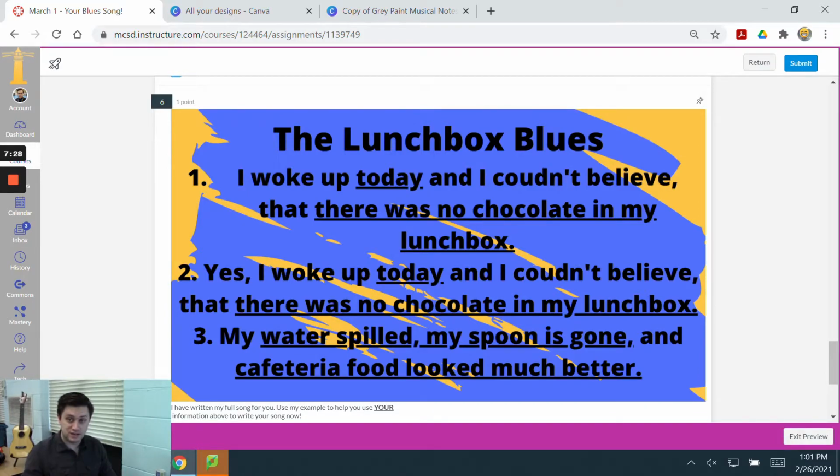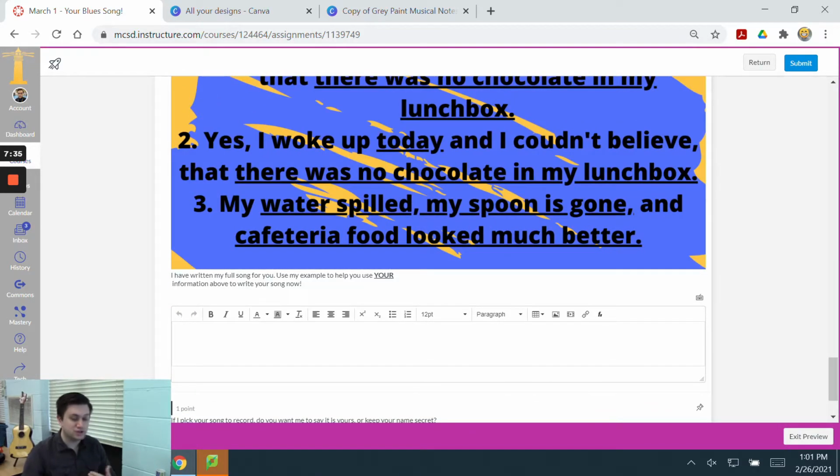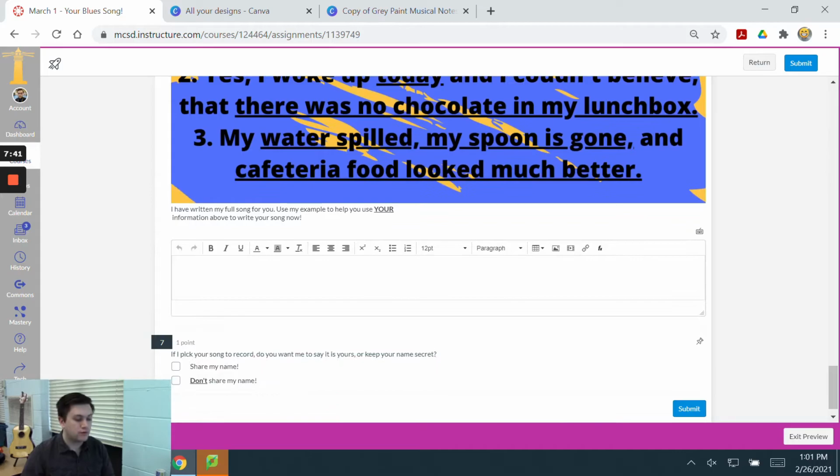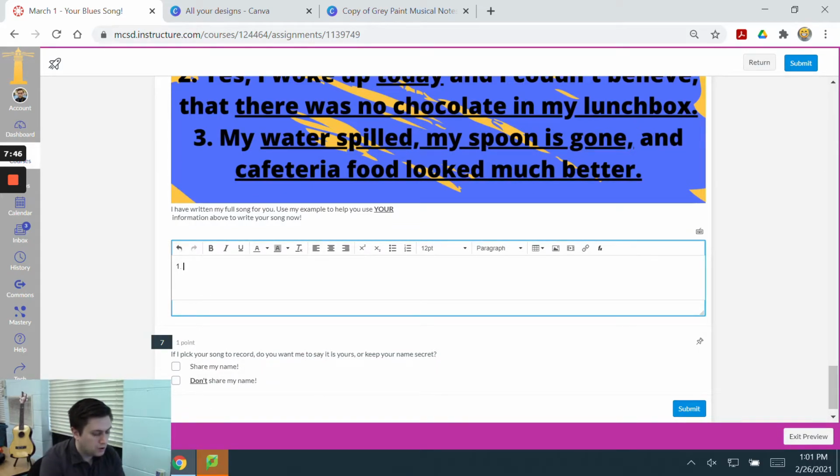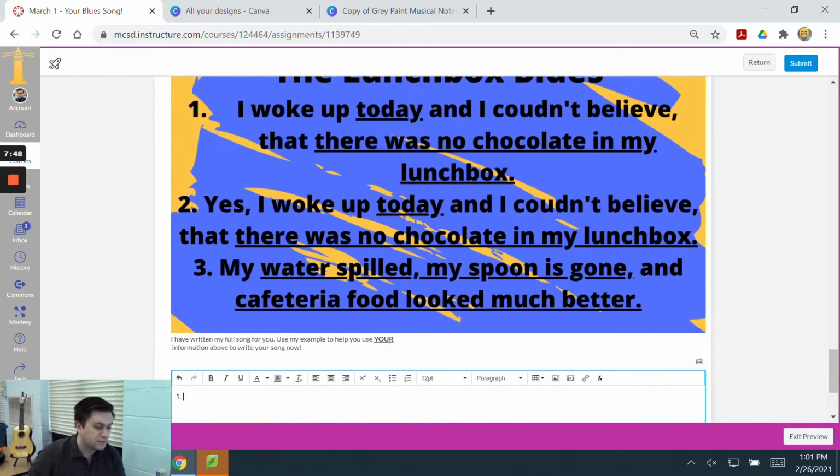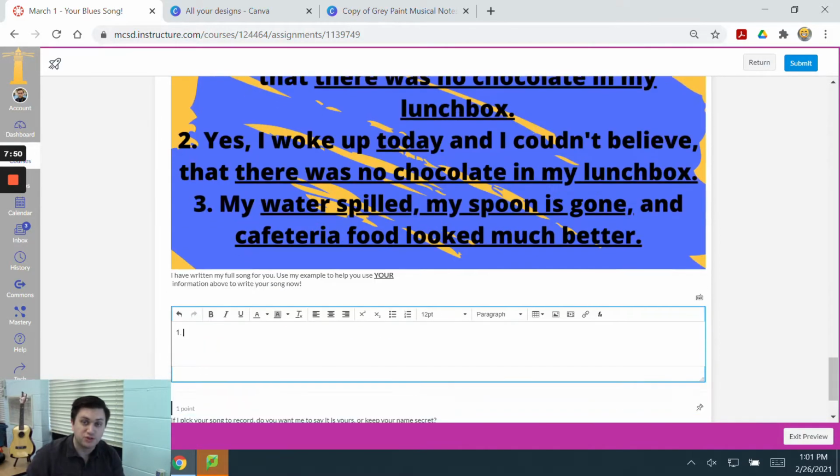3, my blank, blank, and blank. That is what you're going to see in that slide when you actually look at the lesson. Sorry that it's not like that. I'll get it fixed before you see it. So you take that, you write down all of it, not my thing, but your thing. You're going to write down the whole thing in this box, and I'll show you. I'm just copying down what I already typed, but I'm typing it for you so you see what you should type.